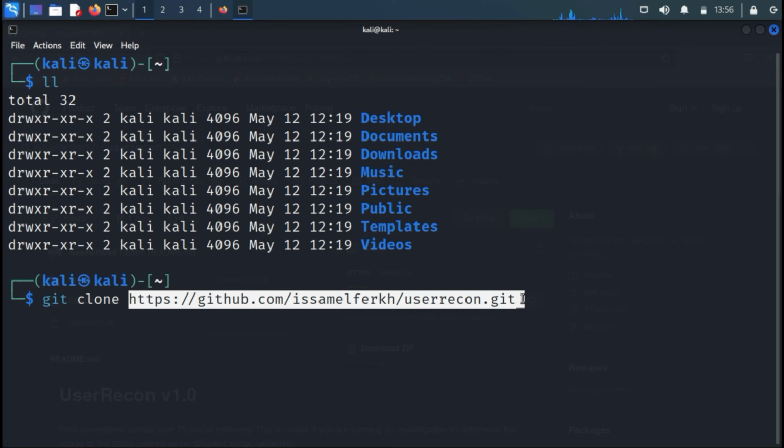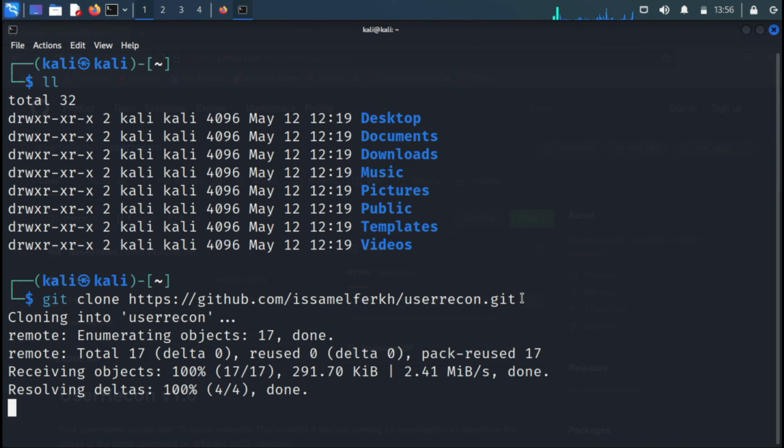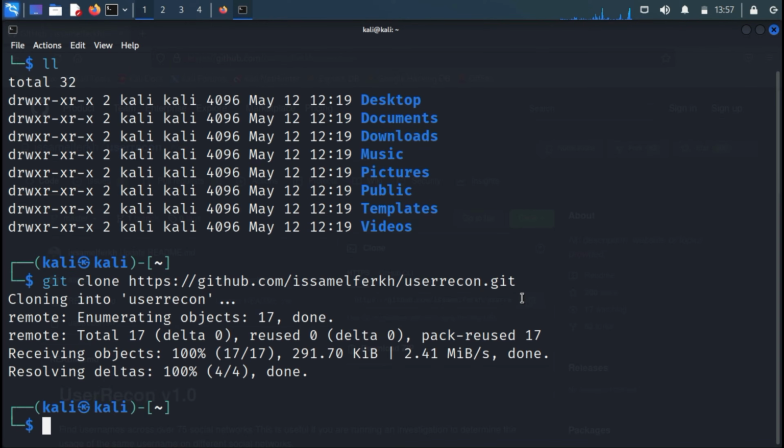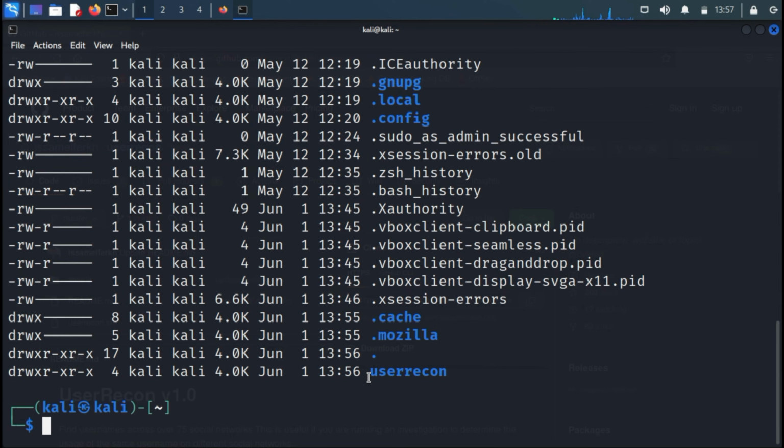And after paste, we'll just hit enter, and as you can see, it's cloning in user recon directory. So when I list the directory here, one directory is created. The name of the directory is user recon.